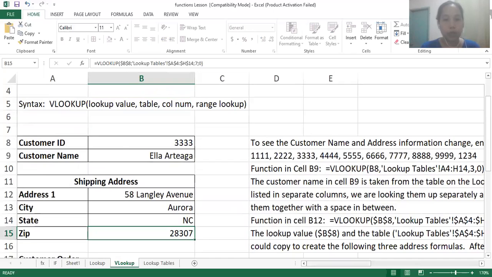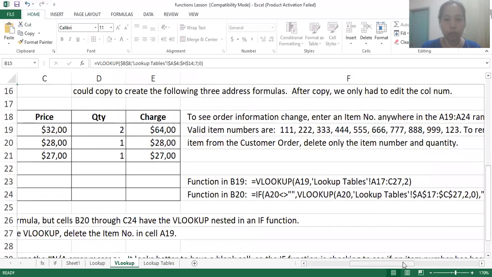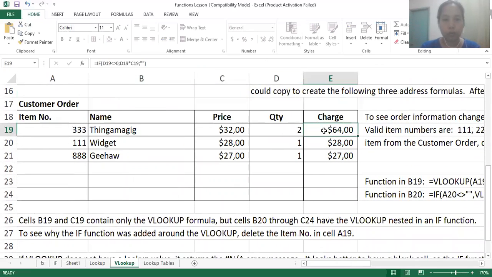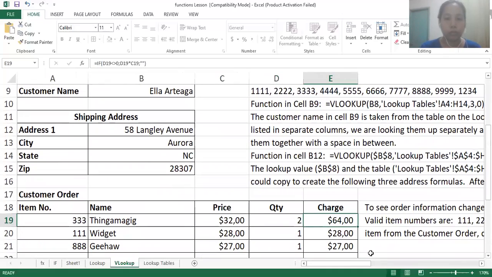So based on the information here, to see the customer name and customer address, enter the customer ID. This is our table.